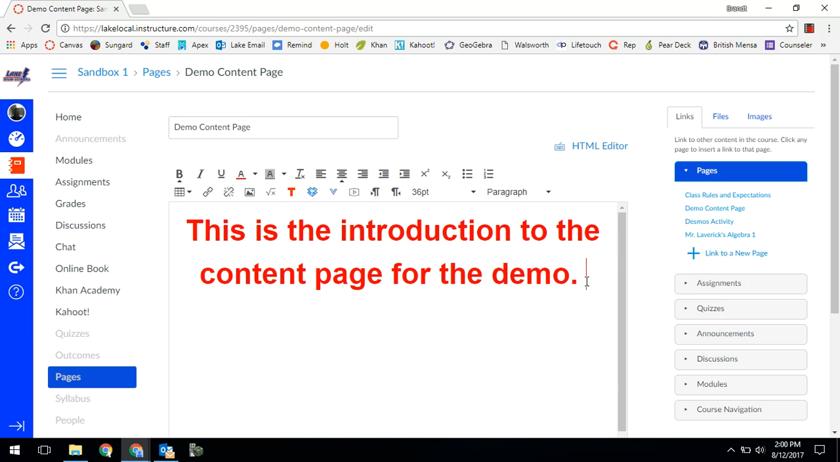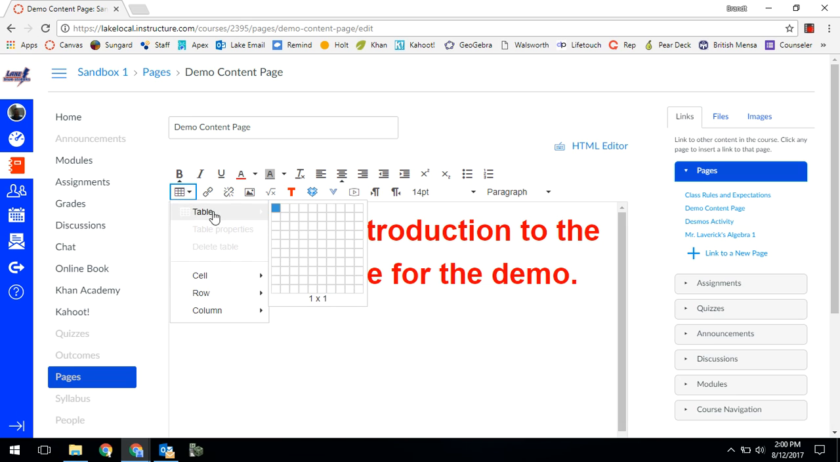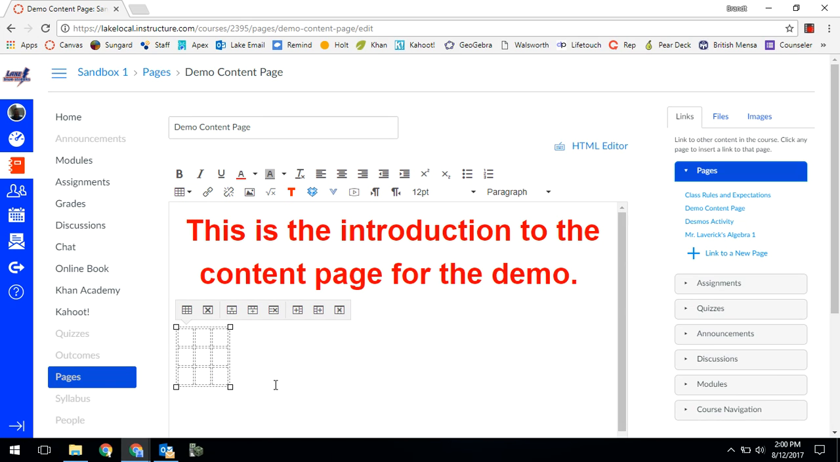I can make a table too. So let me make a table. Let me decrease the font size a little bit though. So maybe I'll make a 3x3 table. Okay, so I know a lot of teachers who use tables to organize the formatting a little bit better so that you can really see exactly what's going on the page. So I'm just going to